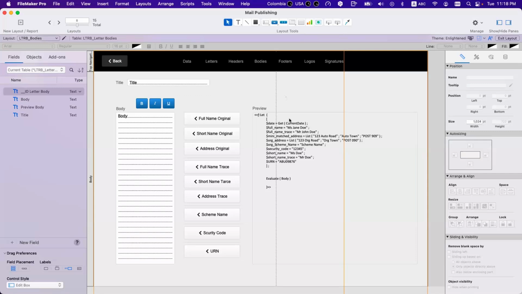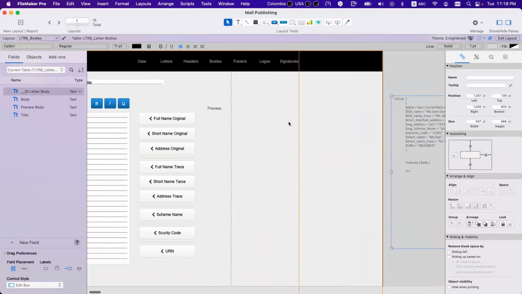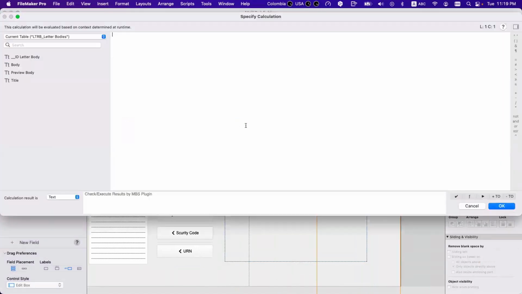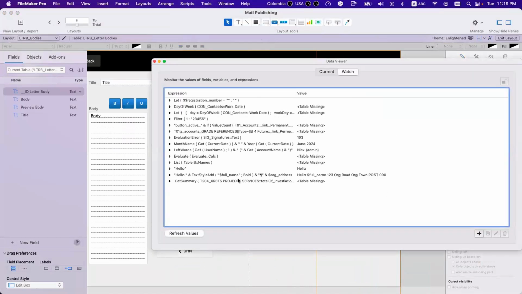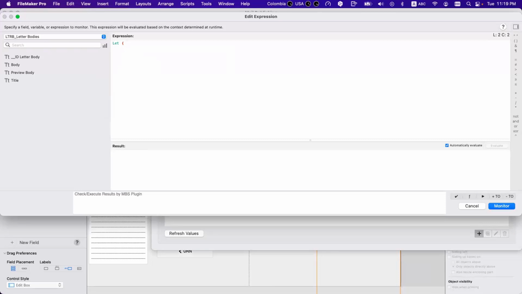So let's say I'm going to put that on the side for now, and I'm going to add a new calculation layout, right? So first, I want to explain how the let statement works. In the let statements, you have two types of what we call statements. So when you call the let,